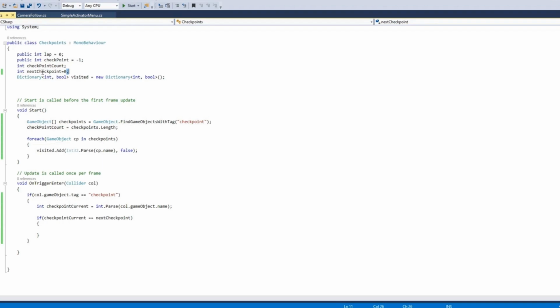The initial value for the next checkpoint will be 0. And then if it is the next checkpoint, then we will change this key value pair. Currently the value for each key is false. So we will say visited, we can select